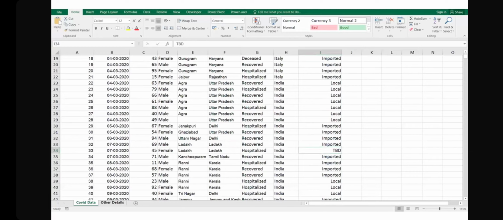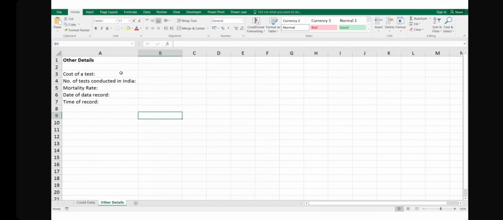Coming to the other sheet of other details, we have a few more details that we can enter here. That is cost of a particular test for COVID, the number of tests conducted in India as a whole, the mortality rate of the virus in India, date on which we have recorded this entire data. Because if I'm updating this data on, let's say today, which is the 14th of July,